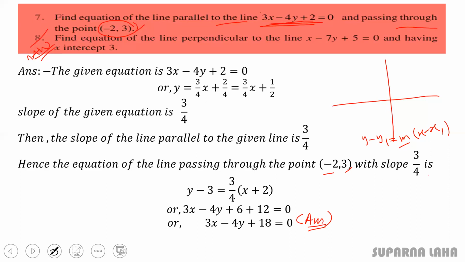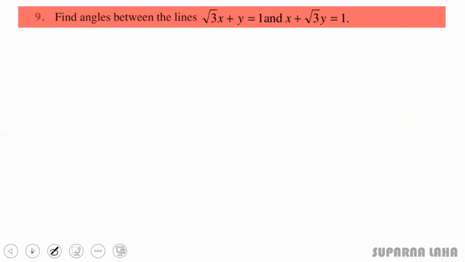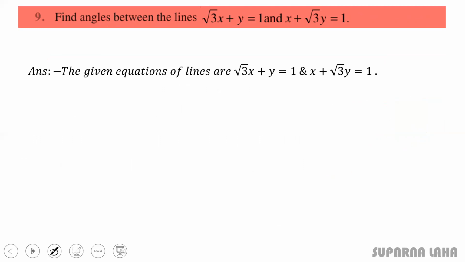Okay, so moving to the next question, find the angle between these two lines. Two lines are given. You need to find the angle between two lines. If you forgot the formula that whenever two general forms are given, you need to find the value of this tan theta. No problem, you can easily find the value of m and you can apply the formula, that is m1 minus m2 by 1 plus m1 m2. You can use this formula also by finding the value of m, or you can directly apply the formula for the general value.